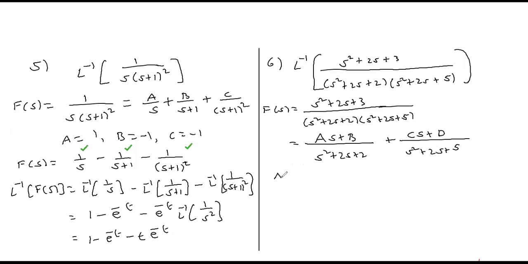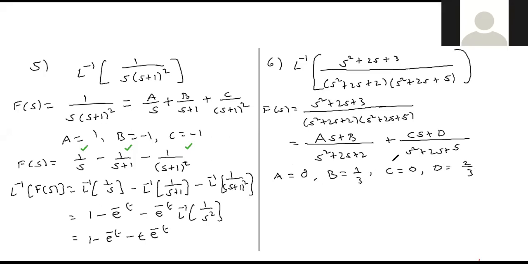So what are A, B, C, D? Do we have it? Anyone did it? A equals to 0. Correct. B equals to 1 by 3. Correct. C equals to 0. D equals to 2 by 3. Correct. Okay. So therefore,